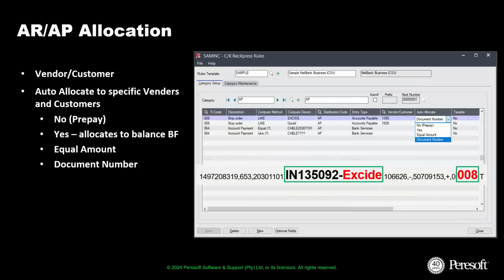So let's look a little bit deeper into the AR and AP allocation, which is quite powerful. With the AP AR allocation, you can include the vendor or customer number. You would then have 4 different allocation types or allocation methods. No, which would be a prepay. Yes, which would allocate to the balance brought forward. And then you have equal amount and the document number. So here you will see at the top with our Xide rule again,